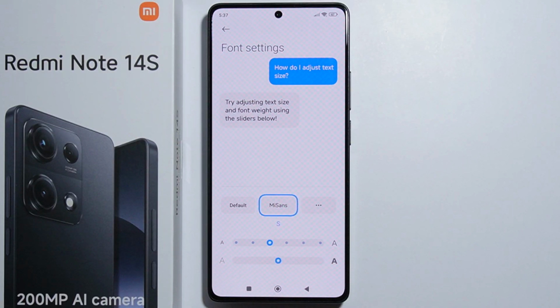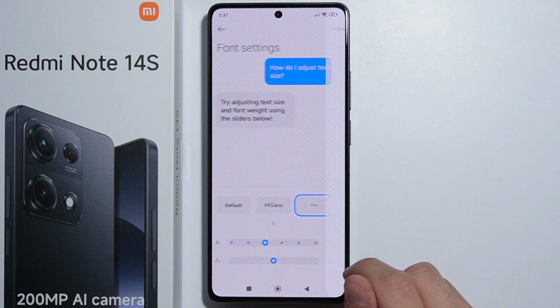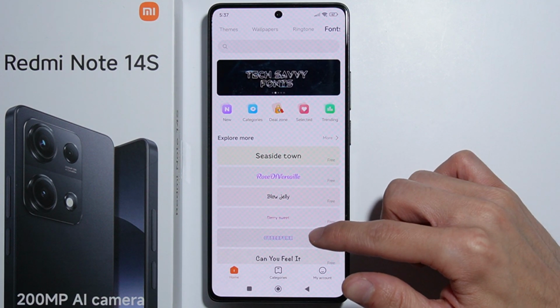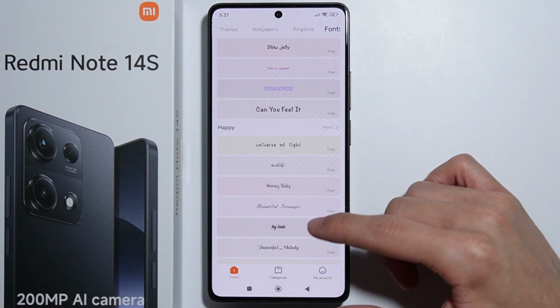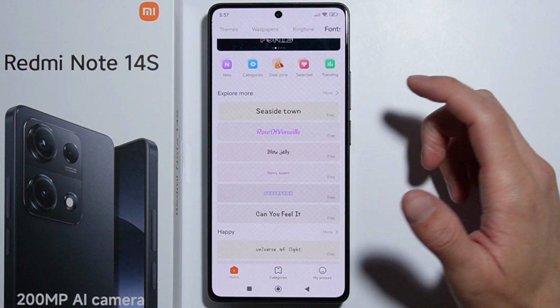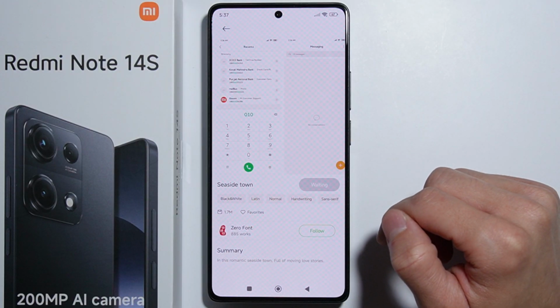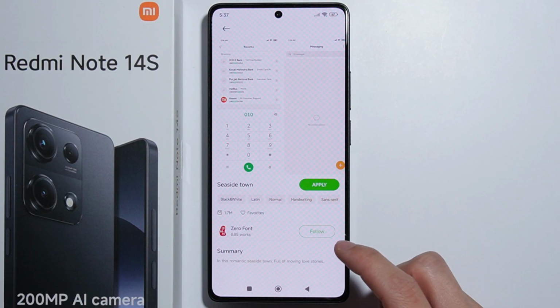And if you want more fonts, you'll have to go for these three dots right here, and you will be forwarded into the themes application, and here you can find a lot of different font styles which are also free and which you can download. And after you find any font that you'd like, simply select it, tap on this one, and then you'll have to download it. So let's press this button to download this font,